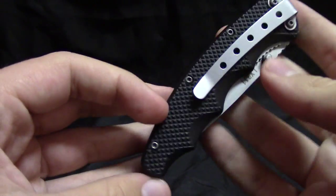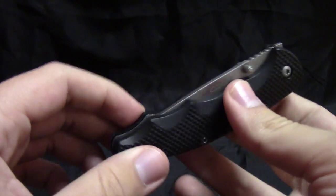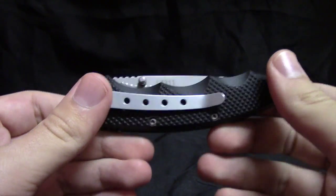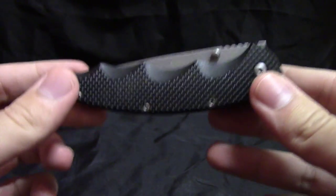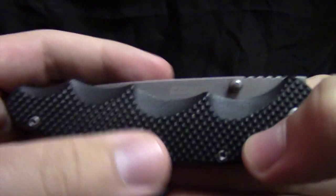So this is going to be my first knife review, and I chose this knife, well, I'll talk about that in a second. I wanted to do something original for this review, so you'll see that at the end, but I'm going to talk about why I chose this knife to review. This is a cheap knife. This is like $10, and I kind of wanted to basically